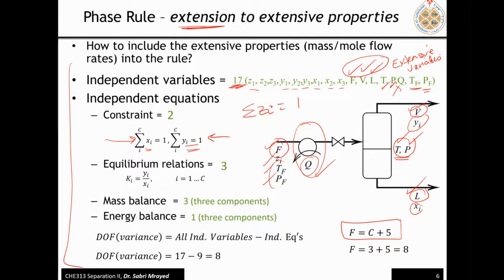Of course it must be 1. Summation of zi is equal to 1. It is guaranteed by these two constraints. You don't have to add it here, since you have summation of y is equal to 1, summation of x is equal to 1, and you already have F is equal to V plus L. You can prove this one if you multiply this one by the material balance equation. We have xi